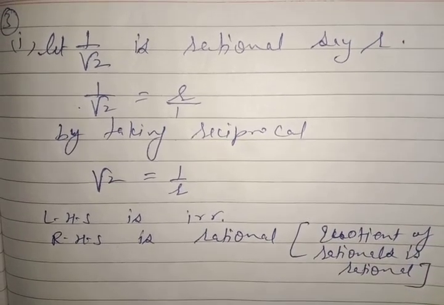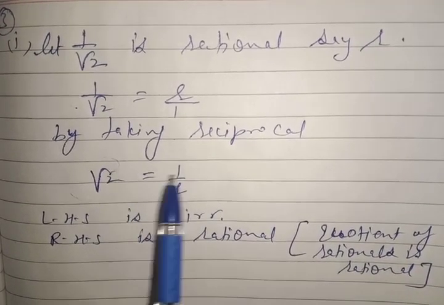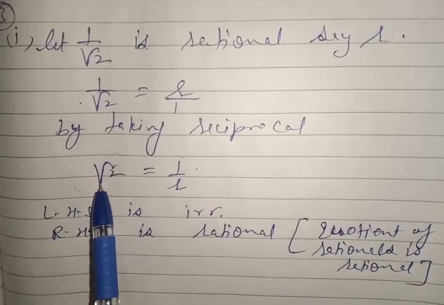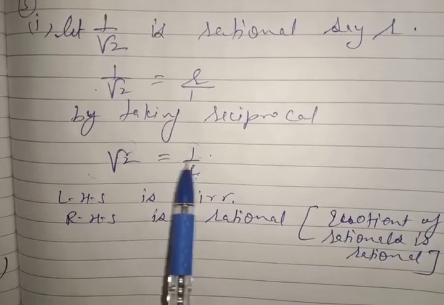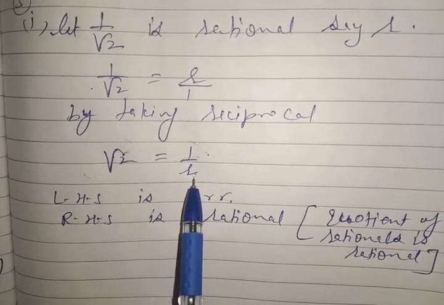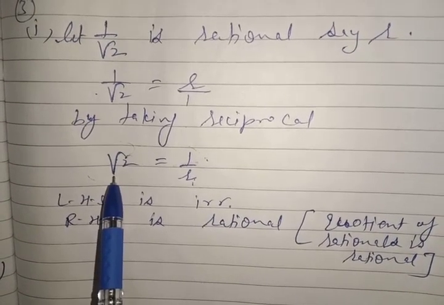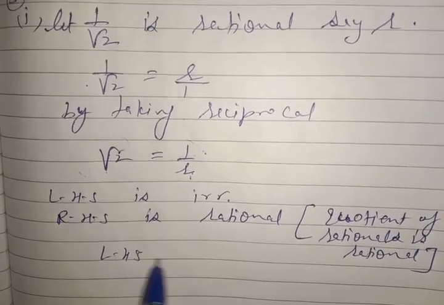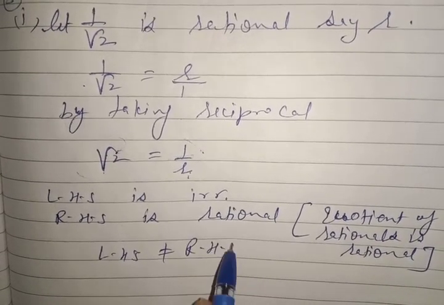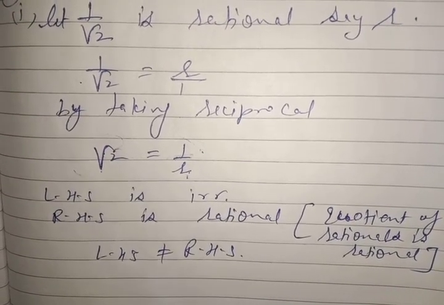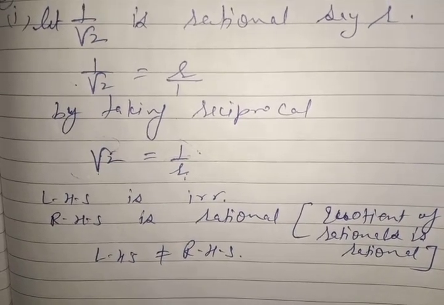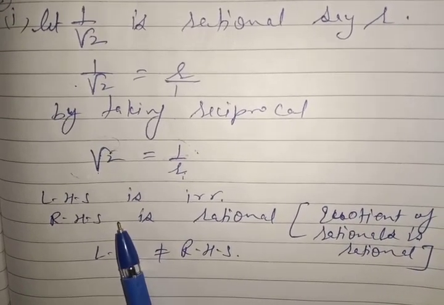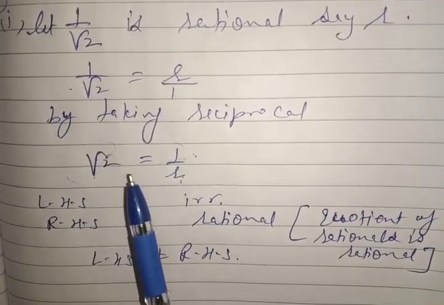We need to separate irrational on one side and rational on the other side. This is irrational, this is rational. 1 is rational, R is rational, and their division is rational. So the right hand side is rational, this is irrational. So again the same steps, I am not writing again and again. LHS is not equal to RHS, and you can copy the same steps from the previous question. This question can be asked for 2 marks in the exam, and if it is for 4 marks,